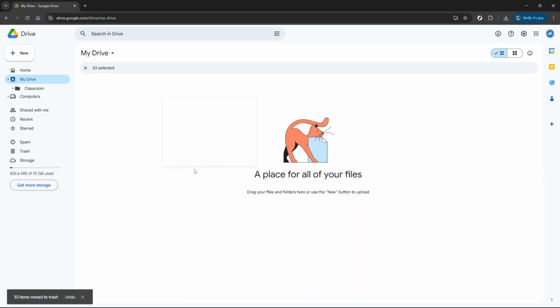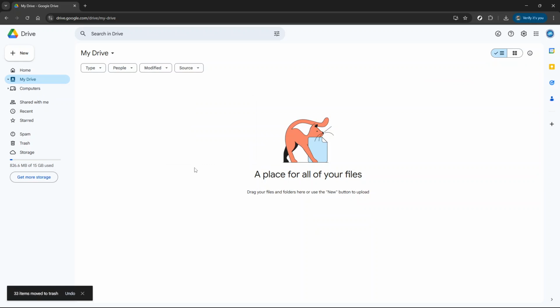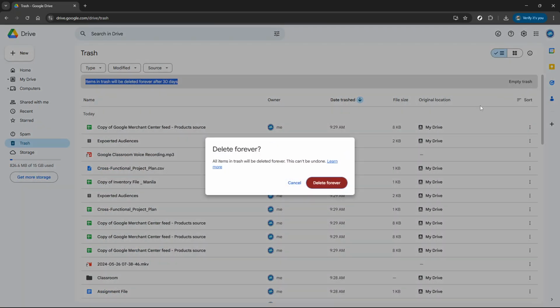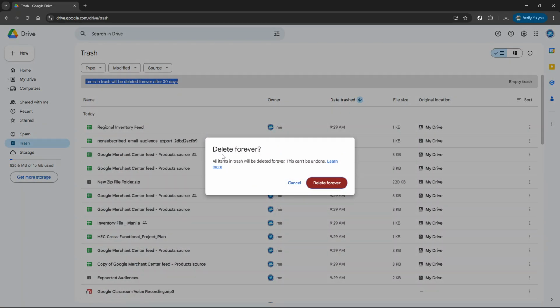Now, to complete this process, you'll want to empty your trash to permanently delete these files. Look over to the left sidebar again and find the option labelled Trash. Click on it to open your trash folder. At the top you should see an option to empty trash. Go ahead and click that. Once you click empty trash, Google Drive will ask you to confirm this action just to make sure. Confirm that you want to proceed, and voila, you've successfully deleted everything on your Google Drive,